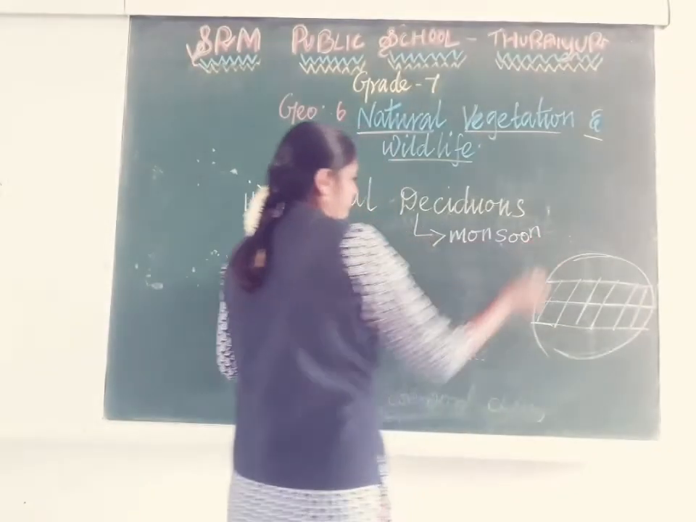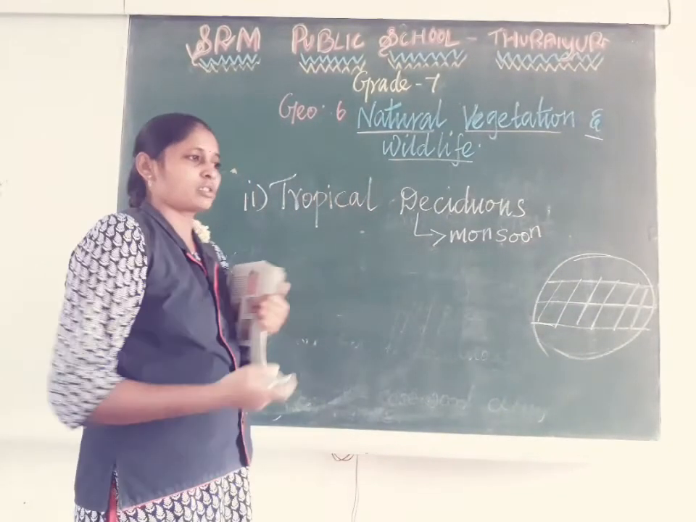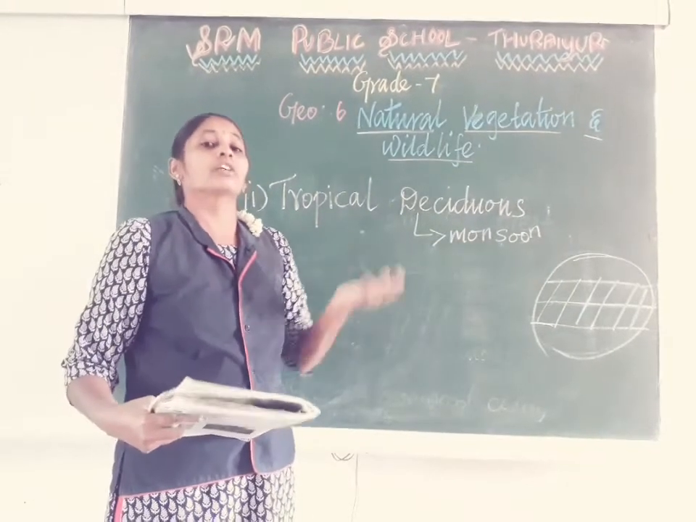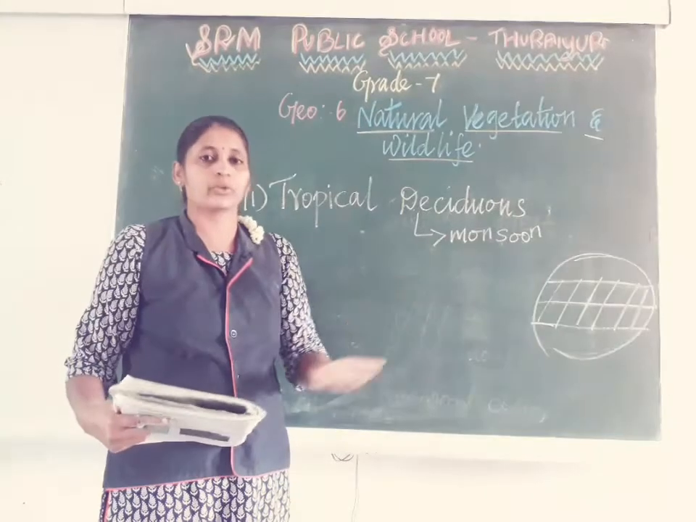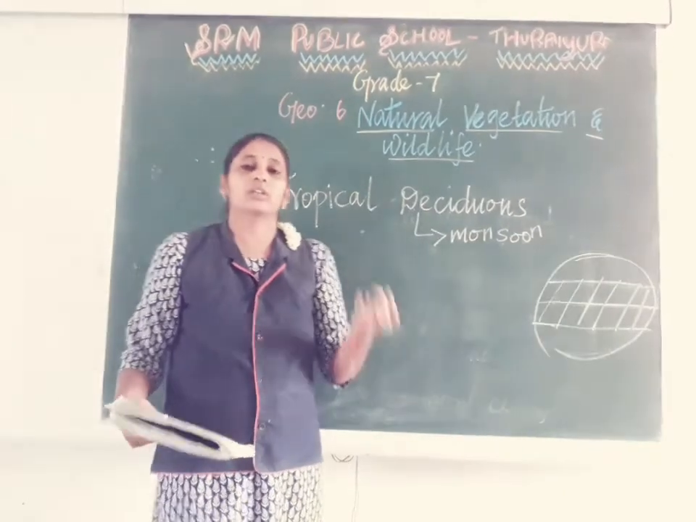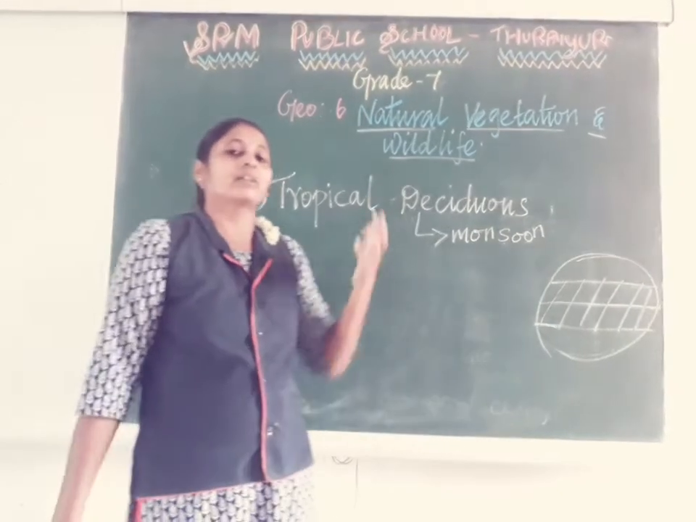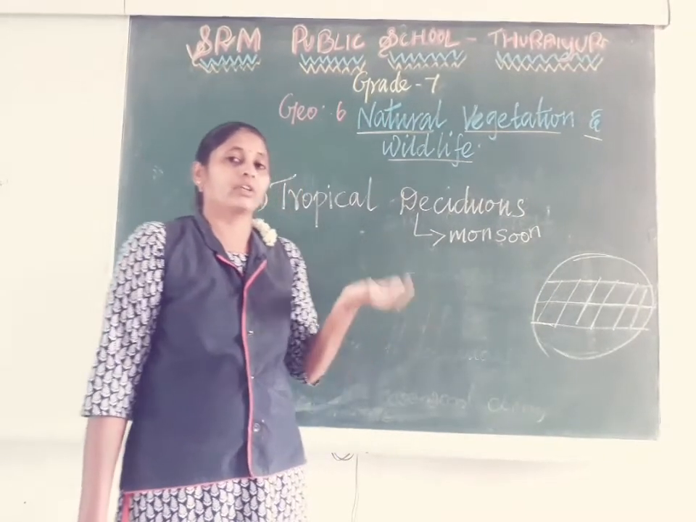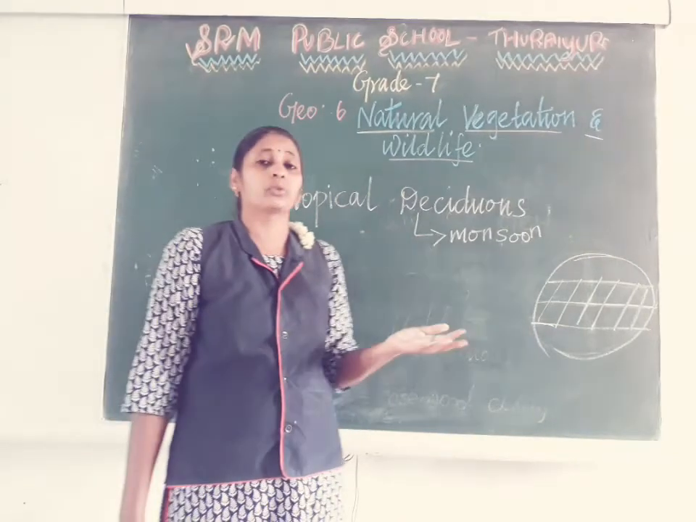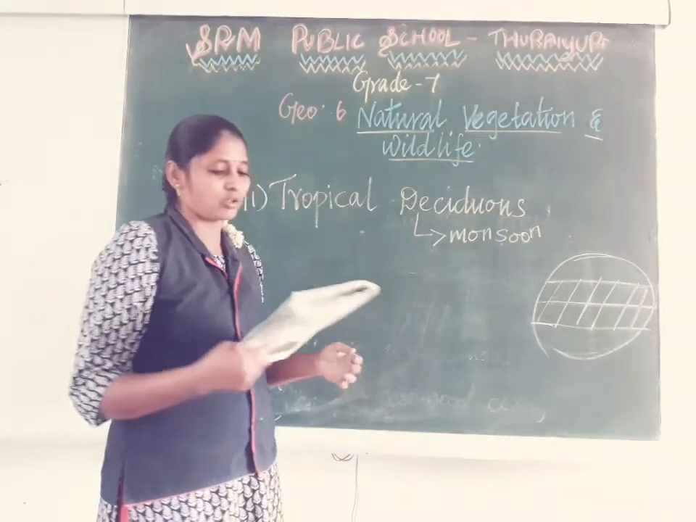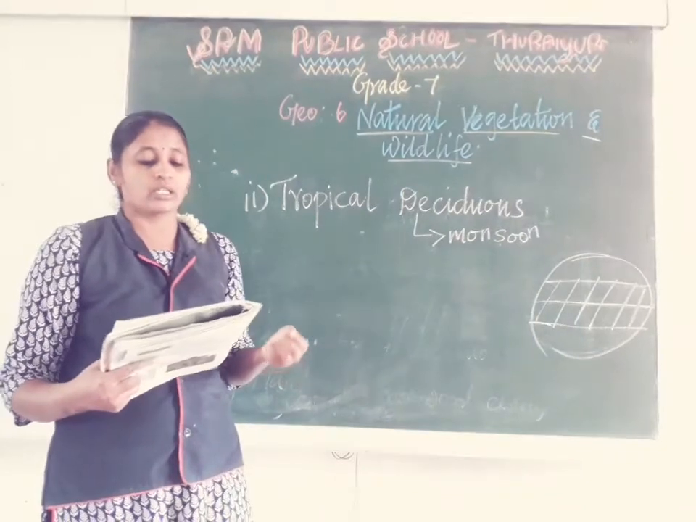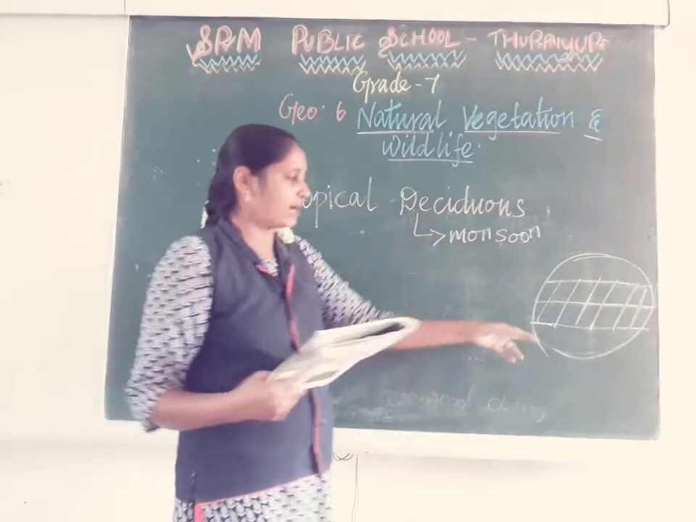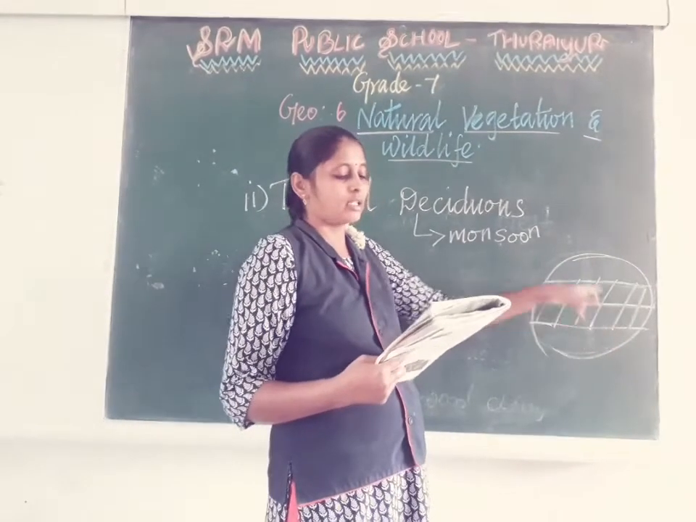So because of the weather condition, to protect themselves in the time of summer, the trees shed their leaves. To save water, the trees will shed their leaves. After getting rainfall, the trees will start to grow new leaves. So that's why it is called monsoon forest. Where can we see this monsoon forest? In India we can see monsoon forest, and northern